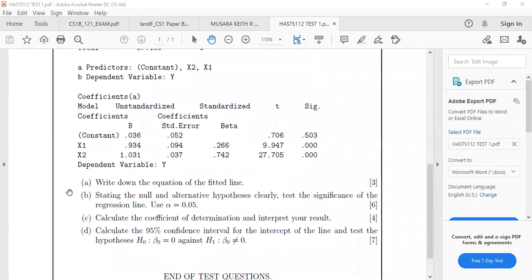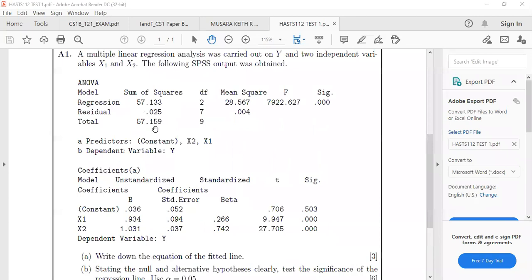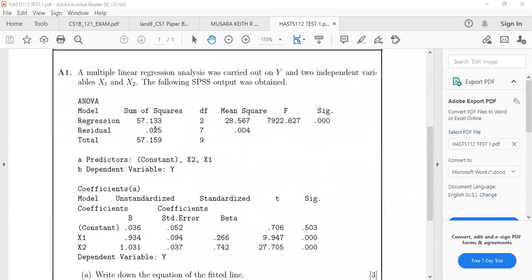It's a very short test, but most people, some even got 2, some even got 0. So that's why I'm taking this time to assist you on this concept. I could have been chilling. So let's look at this test. It was a very easy test if you are following the lectures